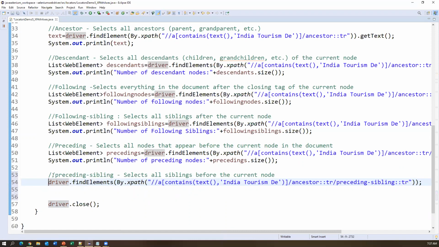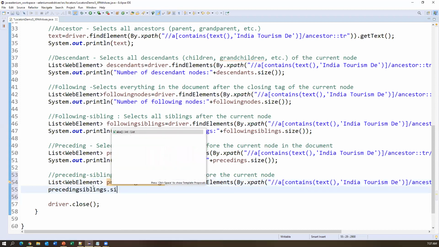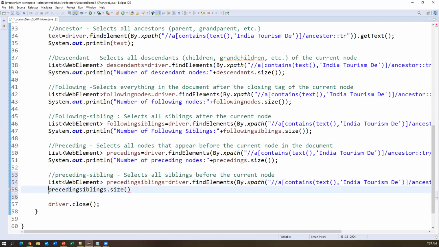So this is preceding siblings, and the type of variable should be List of WebElement. Then I want to find how many elements we have, so .size will give you the size of the preceding siblings elements.